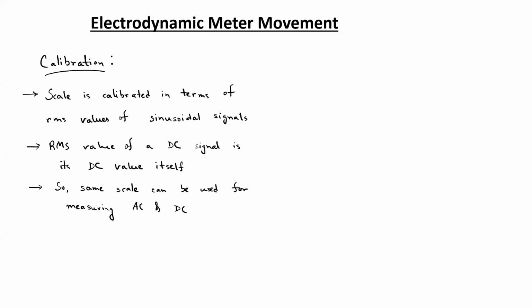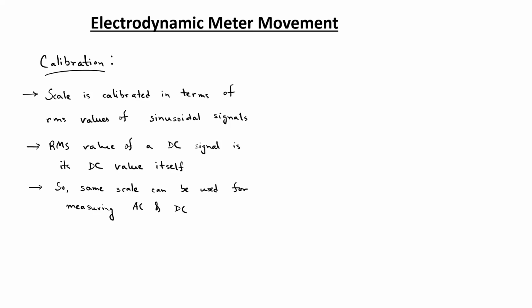Now from that, we can suggest some advantages of this sort of meter movement mechanism, that these sort of meters can be used for measuring both AC and DC without the necessity of any rectifier circuits, and also the scale can be calibrated directly into RMS values. Now about the disadvantages of this sort of meter movement mechanism is that the scale might be non-uniform, and also the current supplied through the coil has to be